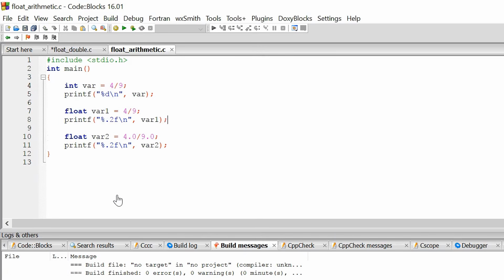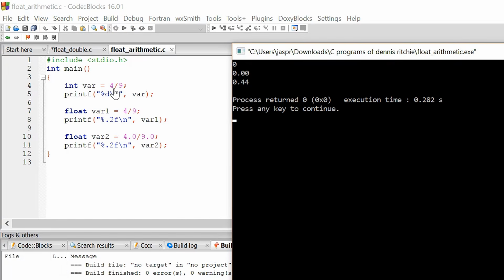Now one more thing that I would like to talk about. Again, I will run the code first and then go step by step. Here I have divided 4 by 9. As you know, when 4 is divided by 9, you get 0.44 as the answer. Isn't that so? We know the result of this expression is stored inside this variable. Therefore, when we try to print it, we would get our result. But here in this case, 4 divided by 9 gives me the result as 0.